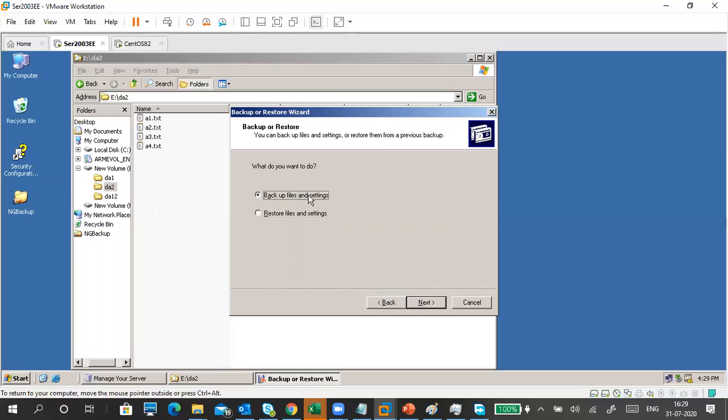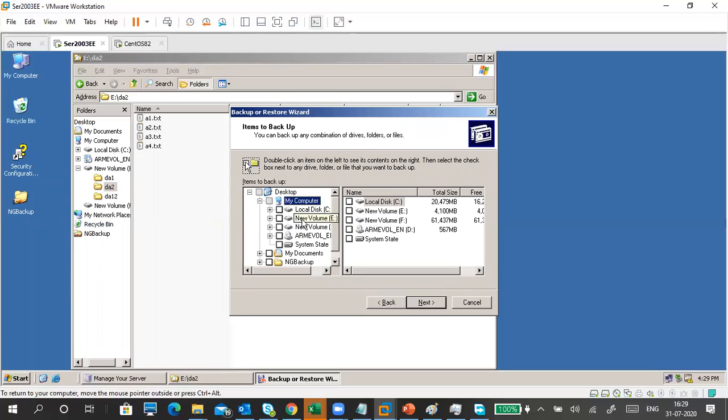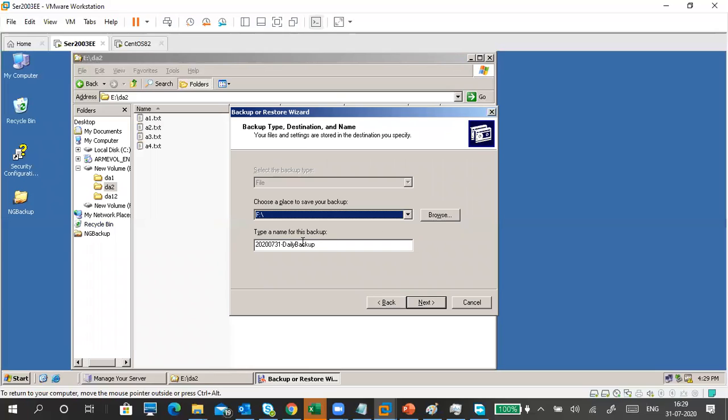Okay, backup. Next, let me choose next. So E drive, DA2. I'm selecting everything. Next. Okay, backup is copy backup, right? Copy backup.